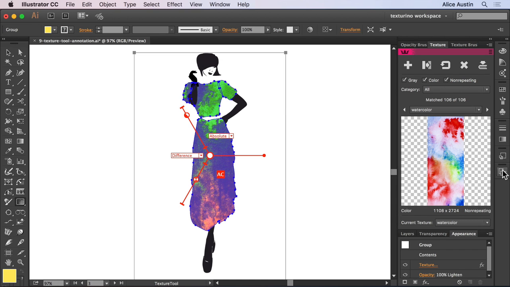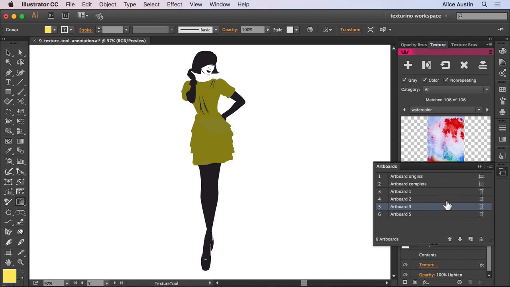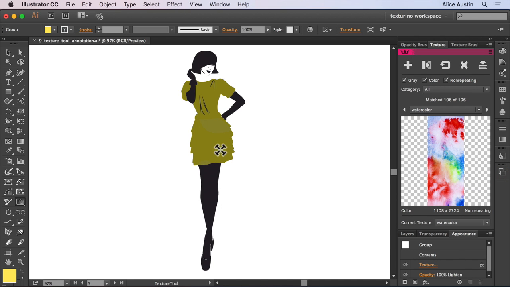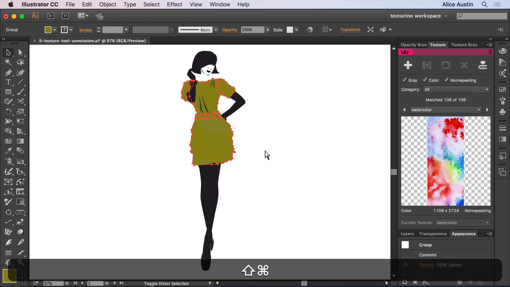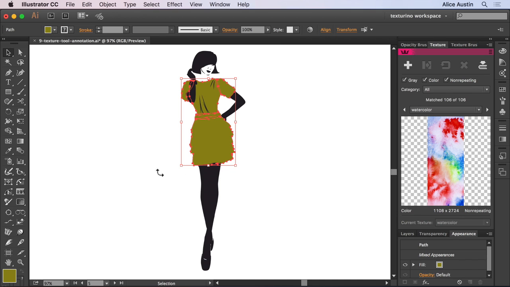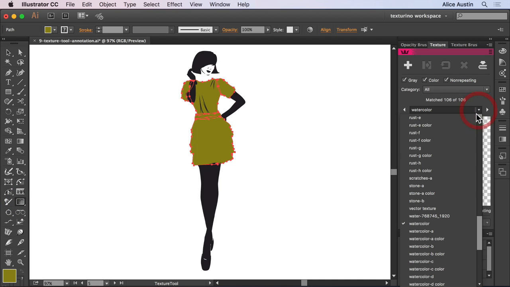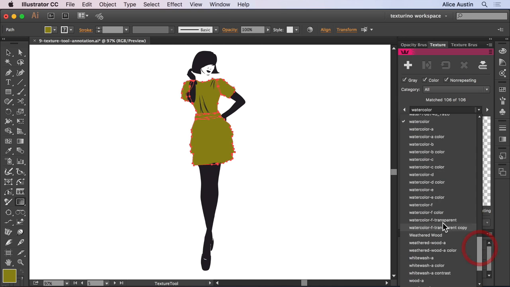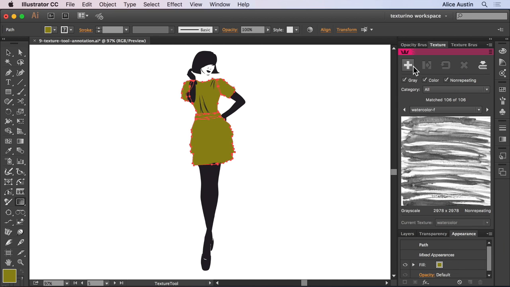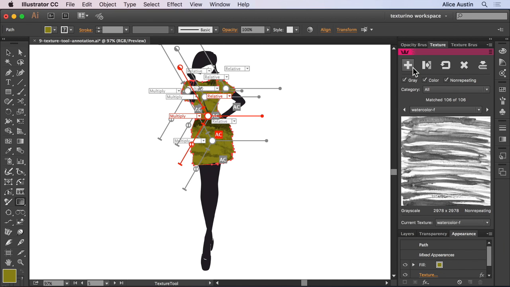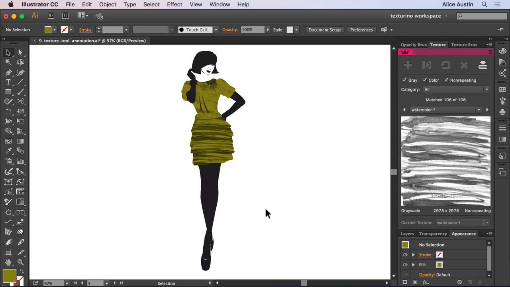A few things worth mentioning. Firstly, if you don't group artwork, the texture annotation will show for each and every object in your selection. So if I apply this texture to these ungrouped shapes, you'll see what I mean, which could be a little overwhelming. The red annotation is the current texture you're editing. Also, the texture will be applied separately on each object rather than as a whole.